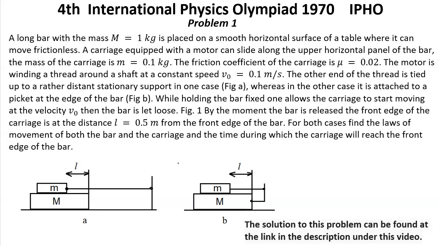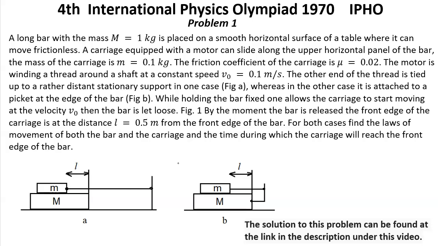Fourth International Physics Olympiad, year 1970. IPHO, Problem number 1. A long bar with a mass big M equal to 1 kg is placed on a smooth